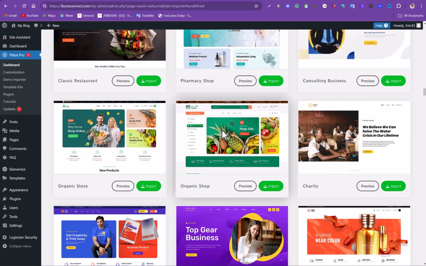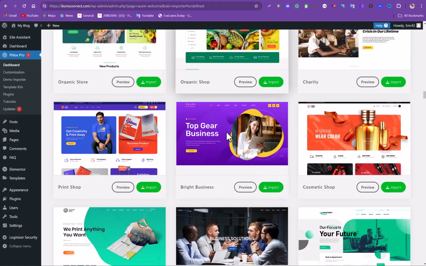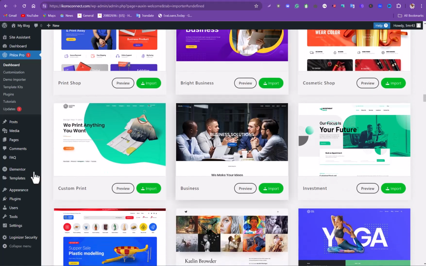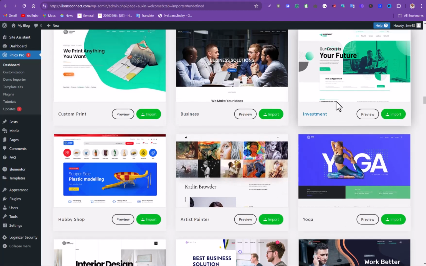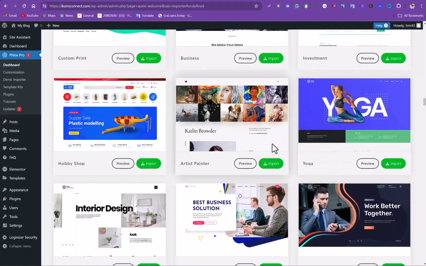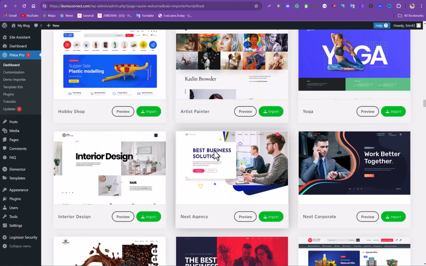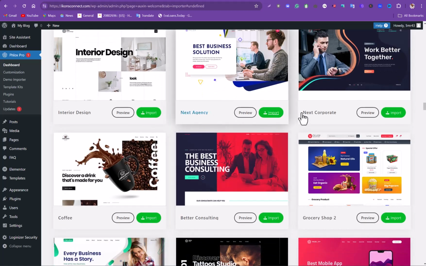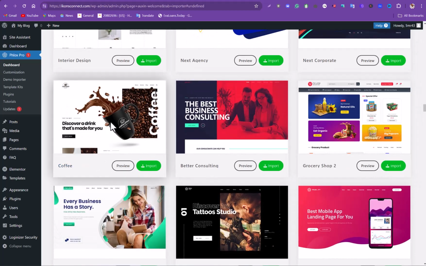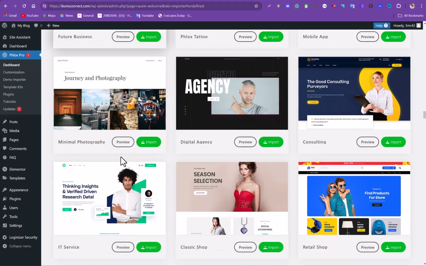You have at least like 10 in each category, so it gives you a choice or even more. Custom print, this one they print t-shirts. You see business, investment website, you know, artists, a creative person can use that. Agency, next agency, you see agency website, that is corporate website, coffee. See, there are just a lot,